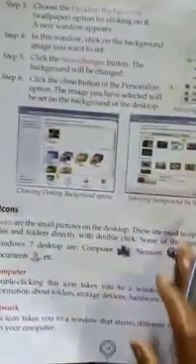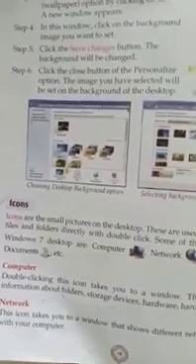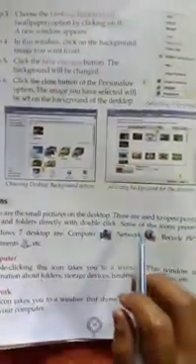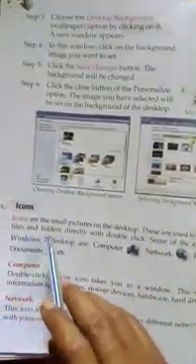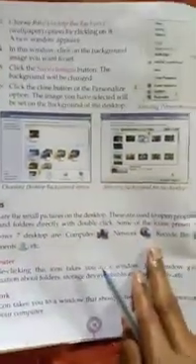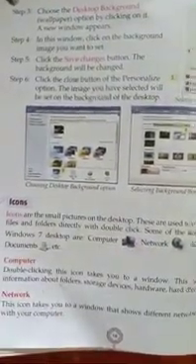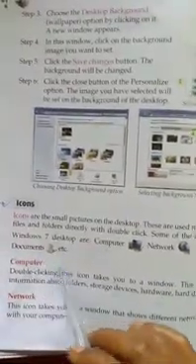So dear my students, you use icons to open programs, files and folders directly with a double click. Okay, some of the icons present on the Windows 7 desktop are computer, network, recycle bin and documents, etc.